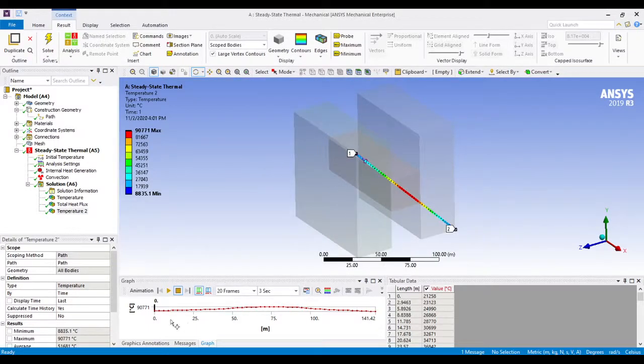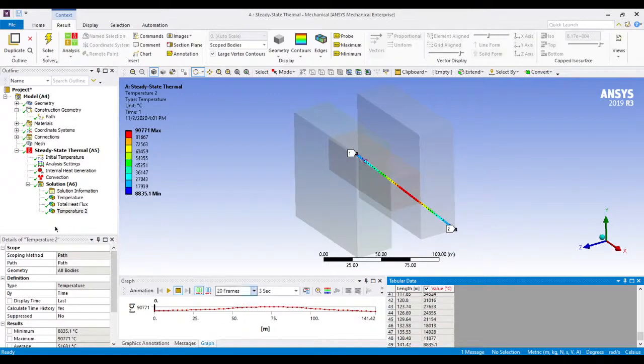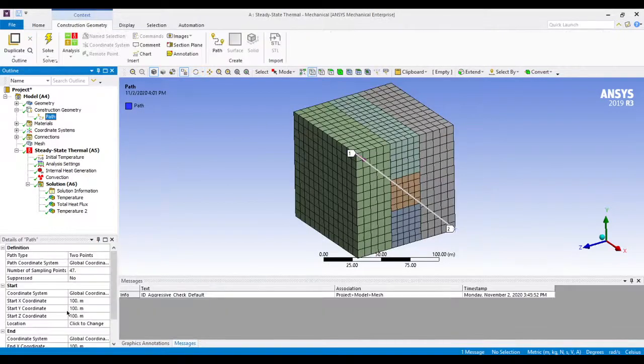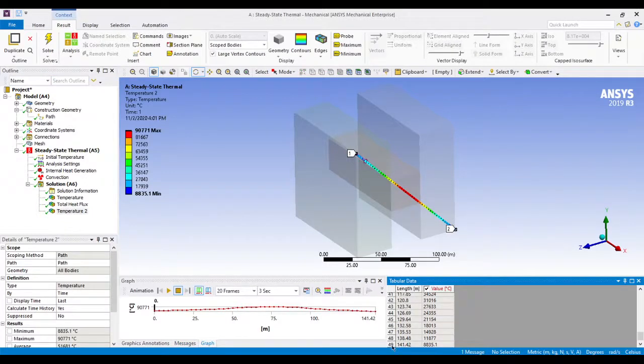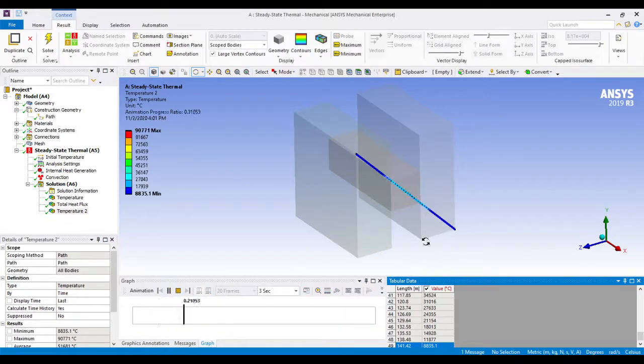So in this way we can see the graphical view, and we can also see the tabular data. Now when you click on this path, you will see that this path has 47 points, including the start and end points, so it will contain 47 points total. And inside temperature you can see that it is 49 points. You can see the graphical data also, and you can create an animation of the same.